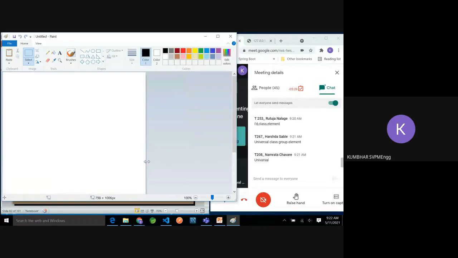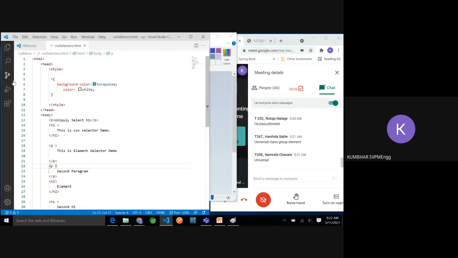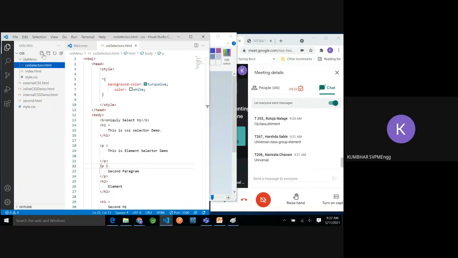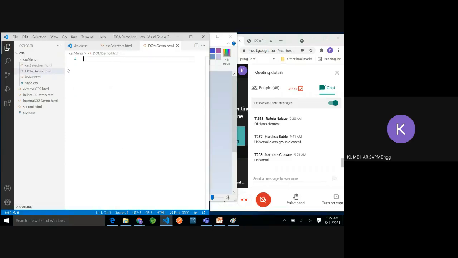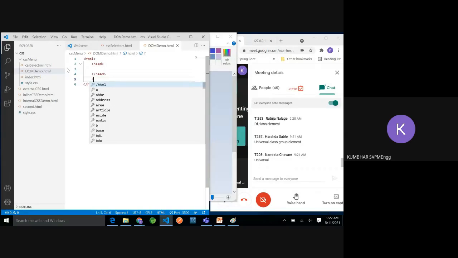When I'm typing, let me take one more page. I'm saying DOM demo. Please remember this. I'm going to create these elements: head, and inside that the body.